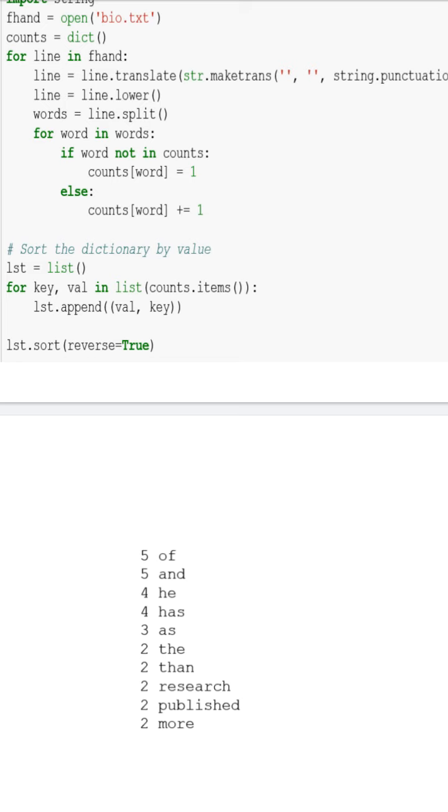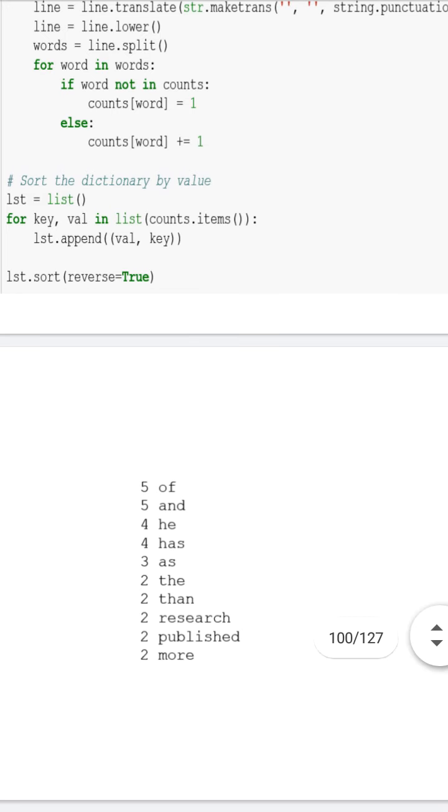So it will always sort the list elements by the number of times each word is repeated. Suppose that count is the same, in that case it will compare the words, and whichever is bigger will be printed first, because in the sort function we are saying reverse equal to true.